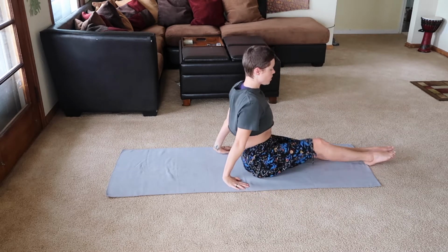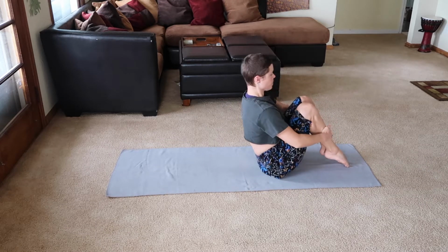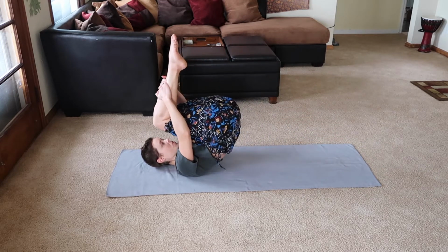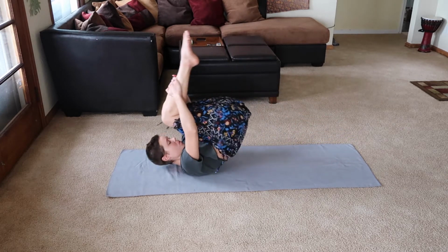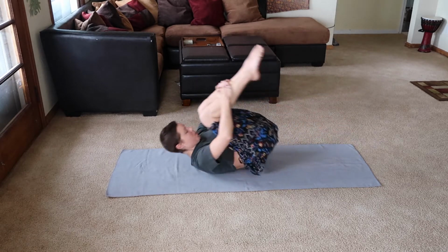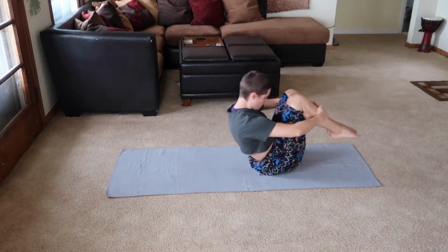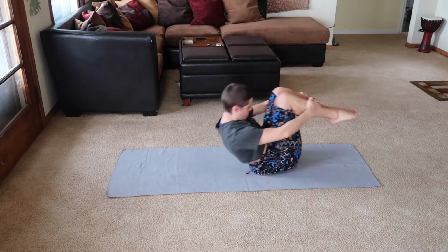We'll be getting ready for our rolling like a ball, so you can scoot yourself forward on your mat, grab onto your shins, engage your core around your spine. You want to find some balance on your sits bones and some balance on your shoulders. We are not rolling to our neck. Make sure that the shoulders are down away from your ears, and that the biceps are doing the pulling here,